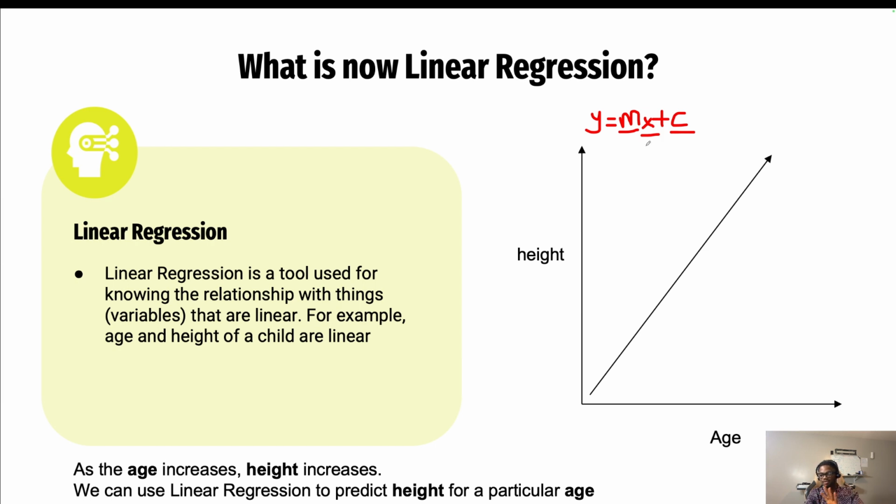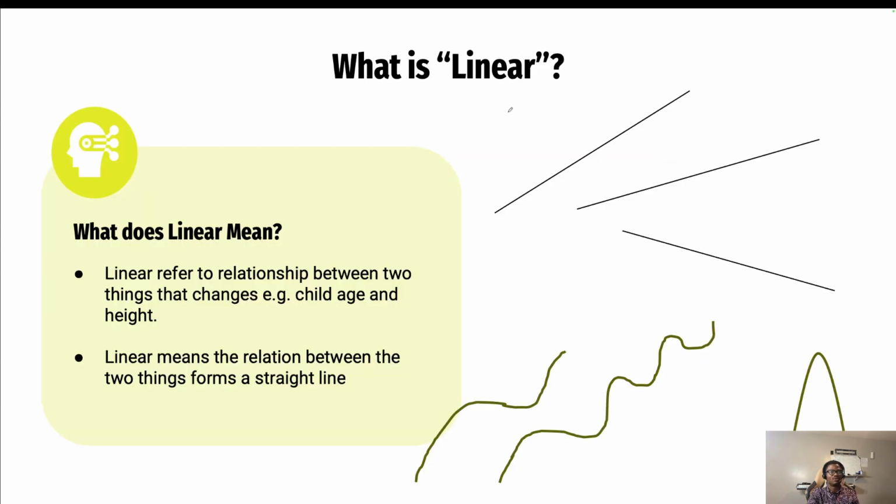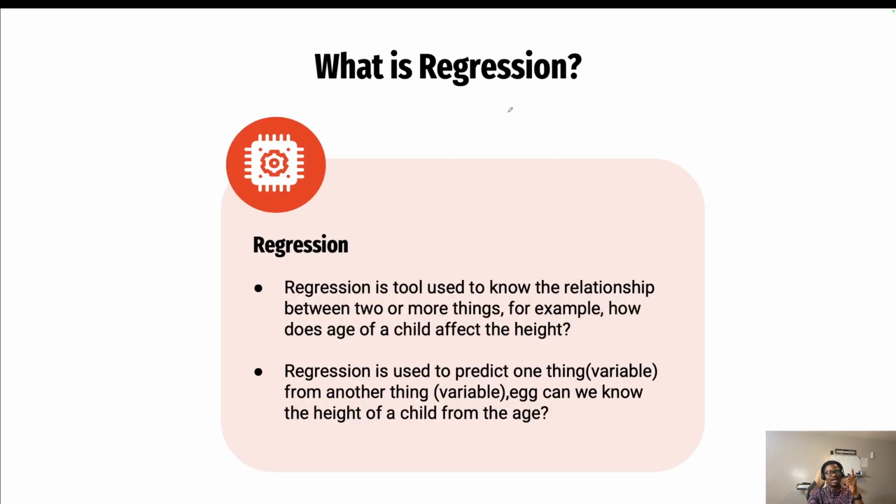For young people, if you don't understand that, it's totally fine. When you get to high school, you'll understand what I'm trying to say. That is what linear regression is trying to solve internally. But for the young people, let's just go on the high level: we have linear regression, we have two things, and we want to predict one from the other. I think this is all the slides that I have for you, so we'll go straight into the code. I hope that you understand what linear is and what regression is, and the two together.